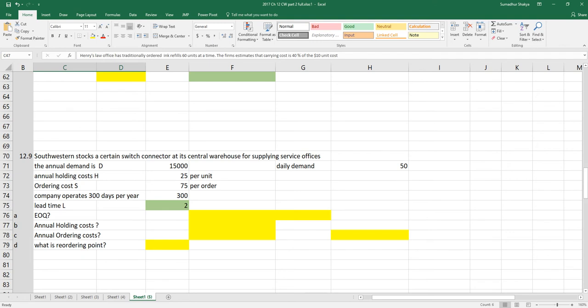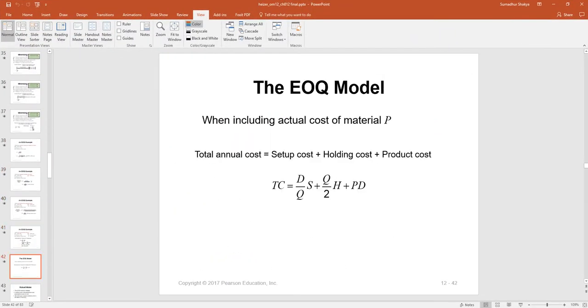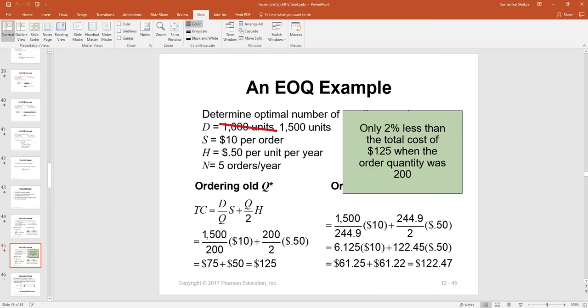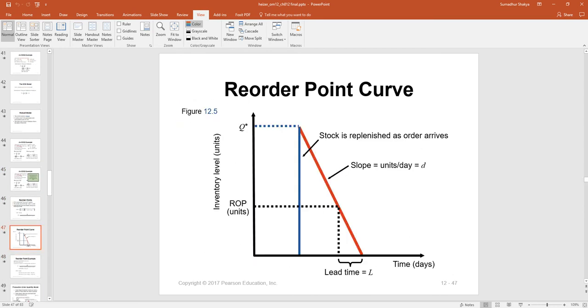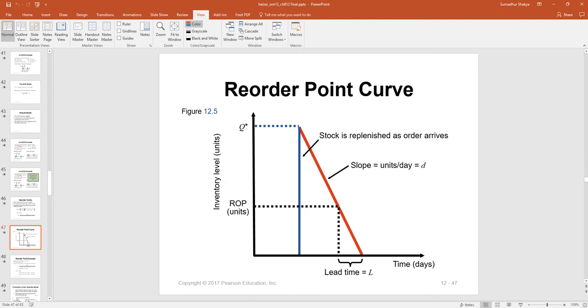Lead time is the time from when you place the order till the time the order shows up in your inventory. Again, we are making the assumption that there's no breakdown time and so on. So if you were to look through your PowerPoint, lead time is